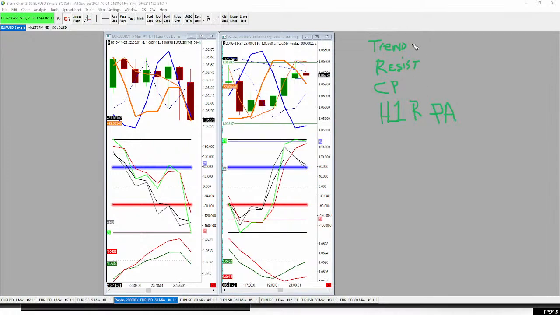Who do you think invented trend and resistance and candlestick patterns and H1 reversals and price action? Was it a trader that just realized that and started using it? No, it wasn't a trader. It was the majors, the institutions that taught traders how to use these things. Why? Because then they would know what traders are going to do when these things happen. Even if not all traders do it, enough of them will do it that it gives the majors the ability to do the opposite. Because if they're going to attack you, they need to know when to attack you.